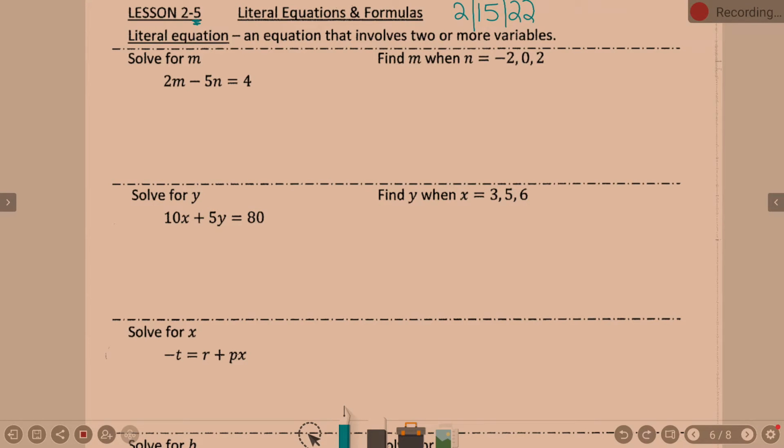Lesson 2.5 goes along with the solving equations we've been doing. Now, the difference is this one is literal equations and formulas, so there's more than one variable. But it's still going to be the same steps. My plan is to go through lesson 2.5 today, and then that kind of takes us through all the equation